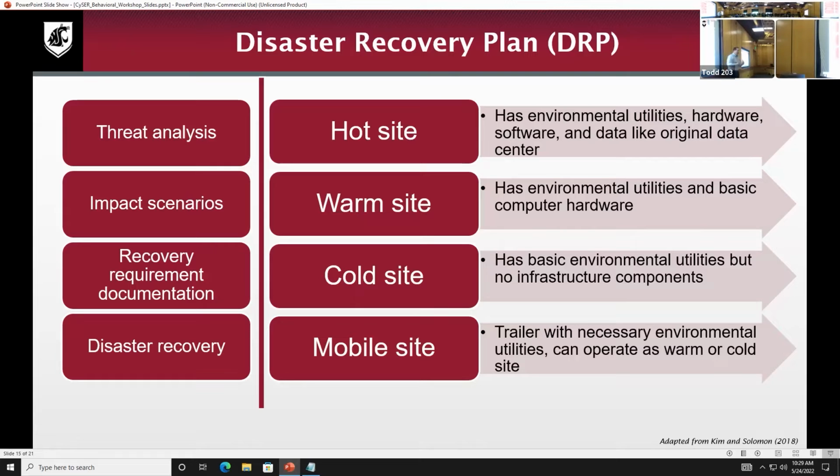A warm site has the environment, the hardware. It takes a little bit longer to fire it up and to get those things running. Usually you have to be back up in a day or so, maybe a little bit longer. A cold site has the basic environmental stuff, like the computers and those sorts of things. It takes a little bit longer to get those sites back up and working. And mobile sites would be a trailer that can be moved somewhere and set up.